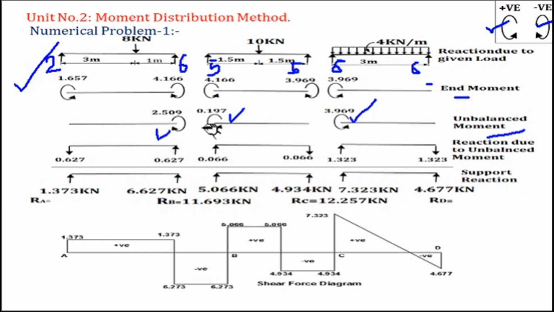So make it balance now. How to make it balance? You have to apply a couple in the opposite direction to this. How to find that? 2.509 divided by span. Span is 4. You have a 0.627 value. Now below this maximum moment, you have to show the line and show the arrow